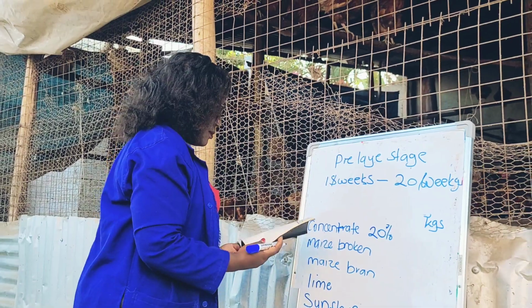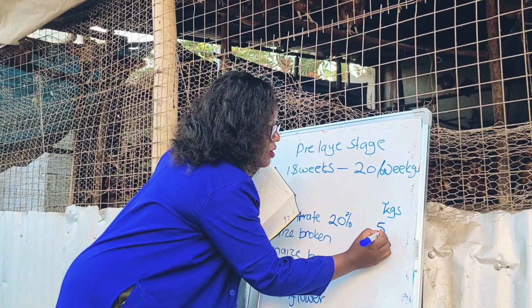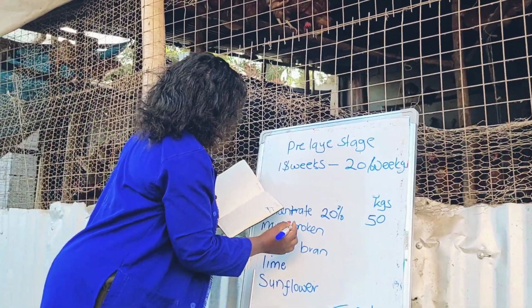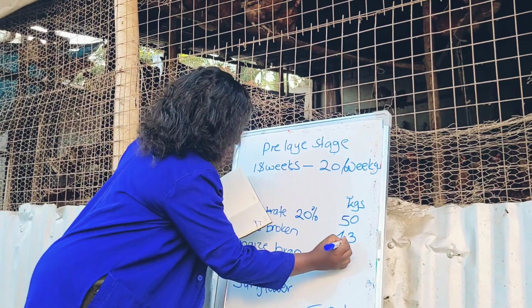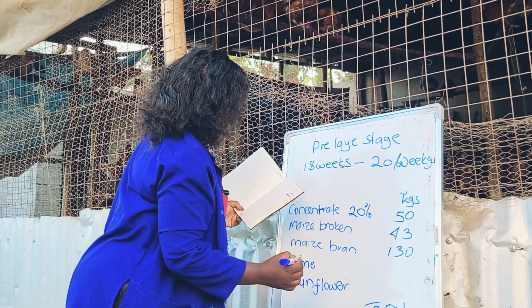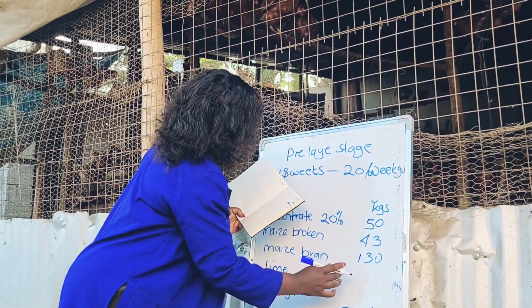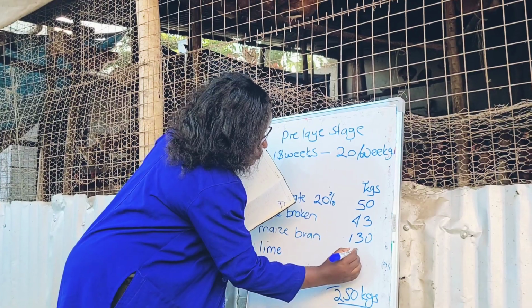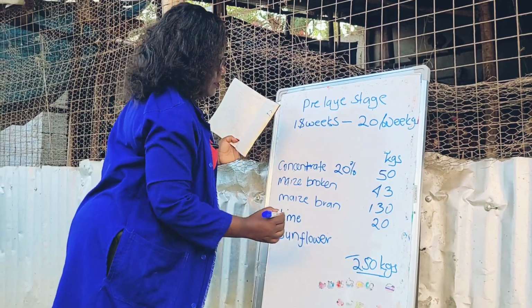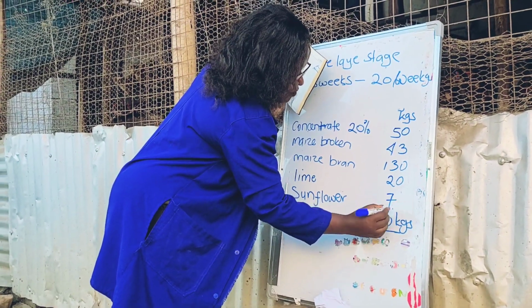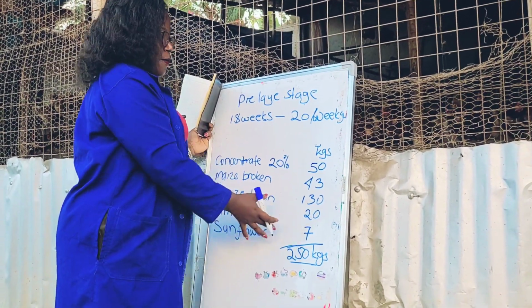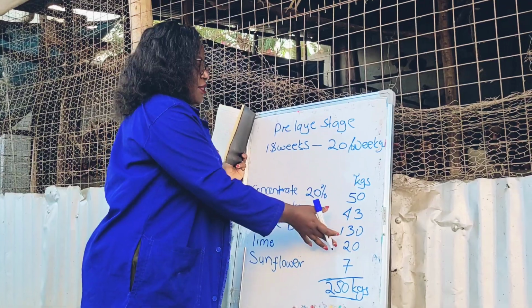And concentrate, we give 50. Maize broken, 43. Brand, 130. And lime 20. Sunflower, total of 250. So at this stage we have the lime keeps on increasing, because at this stage the chicken